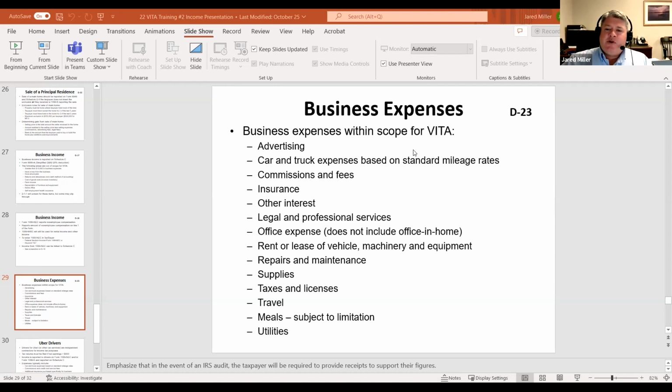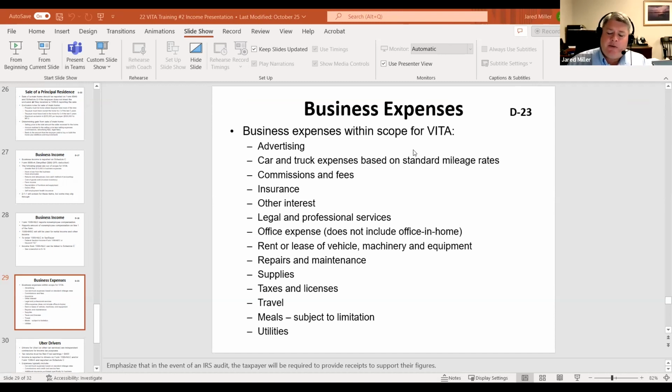That's going to be deductible using a standard mileage rate. There's also a chart within your 4012 that'll show you how we can calculate business miles. Again, we cannot come up with that for the client. They are supposed to contemporaneously, meaning at the time that they're driving, keep track of their business miles.